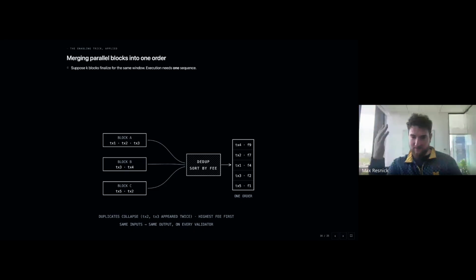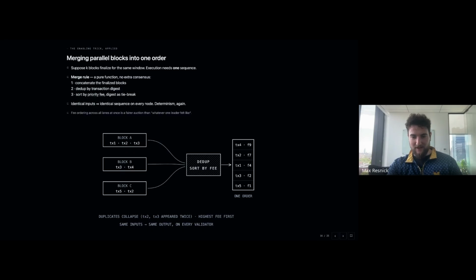I'm simplifying a little bit. There's a little bit of detail on the parallel execution side. All of those details are in the Constellation paper. So it's not just bubble sort, right? We have a scheduler that has to run inside the sort by fee simplification here, and that scheduler is more complex than bubble sort. Obviously, it takes into account transaction conflicts.